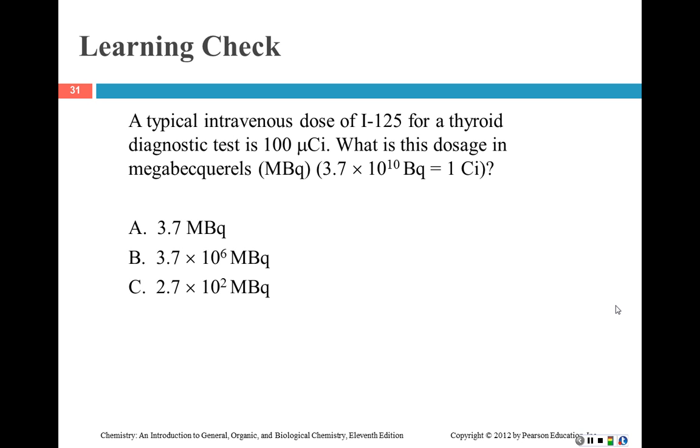All right, so I'm going to work it my way. You can do that desired and all that that they do in medicine, but the chemistry way, if you recall, is that you start with what you have. So you have 100 microcuries, and we know that 1 micro anything is what? I told you, 1 times 10 to the 6